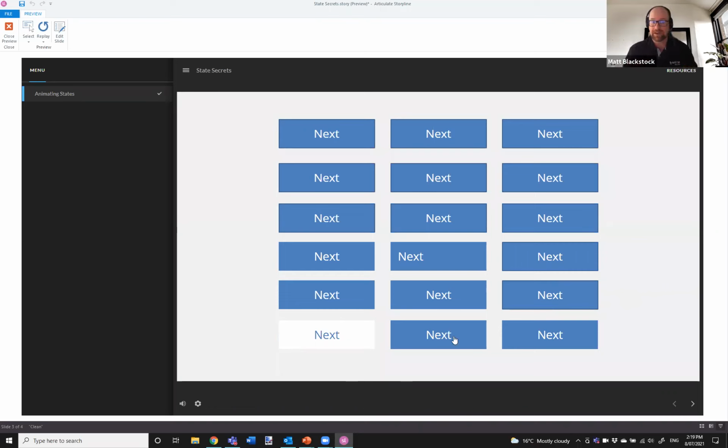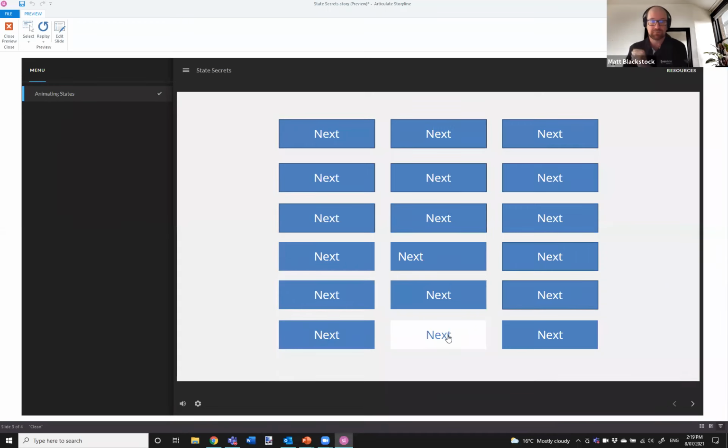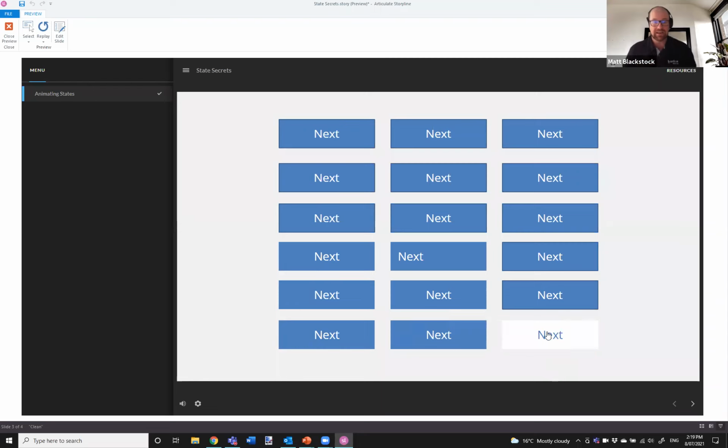All right. My next button, similar process. This time the white line is going up the left-hand side so I can see that it's active. If I click on that, then the animation brings it across. And this last one has the little white line going down the right-hand side. Again, once it comes down, if I click on it, it goes into the selected state, then it can animate that across.